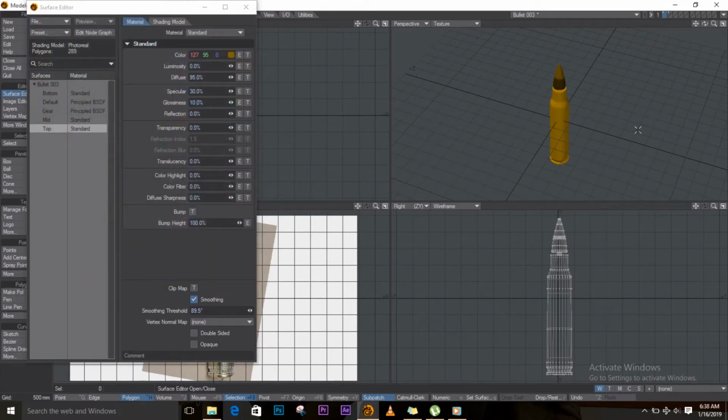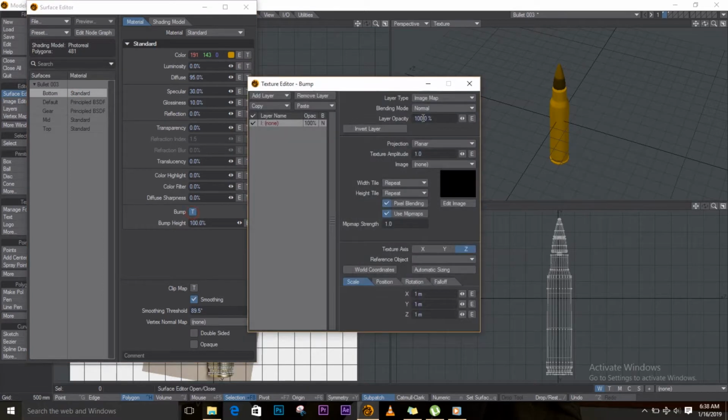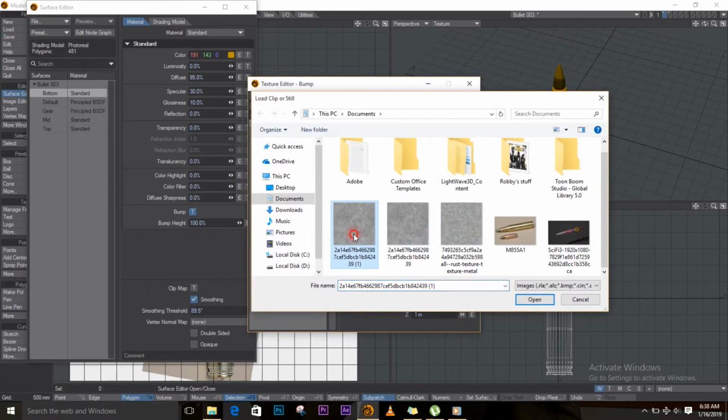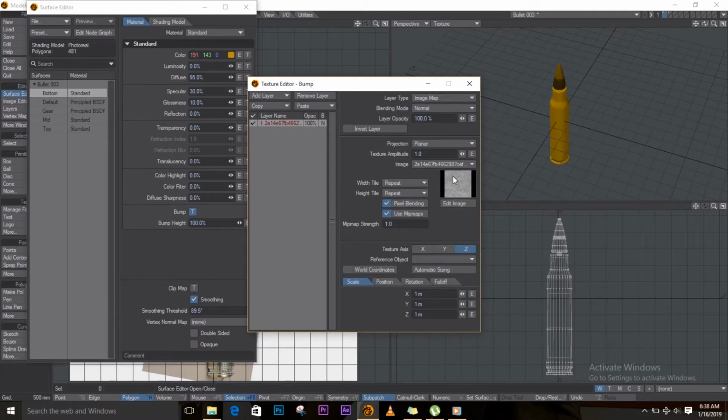Yeah, okay, S to save. And what I'll do is I'll start with the bottom texture, just select this, say load image. You can get a seamless bump texture off Google, and you can use that,